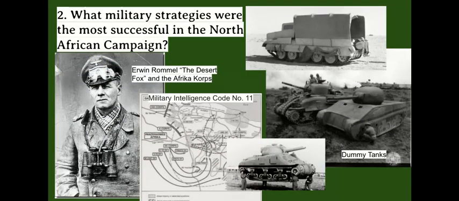Question number 2. Once the British were fighting the Germans and Italians in North Africa, we have to talk about strategy. The British were losing at first. The British, the Allies, at first, were losing almost all the battles. To generalize, it seemed like Erwin Rommel, the Desert Fox, and his German Africa Corps were like psychic. It's like they were reading the minds of the Allied planners.